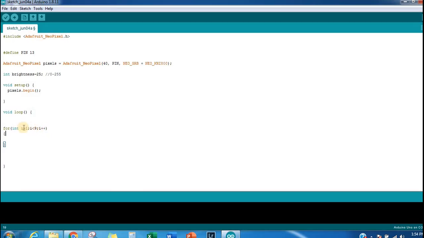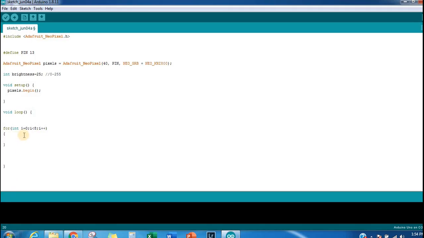So if i starts from 1, after the first iteration i will become 2. 1 plus 1 equals 2. In the third iteration i will become 3. Likewise, it will increase by 1 each time the for loop goes until it becomes 8. For this case we will put this as 0, and I will explain you later. If we put it as 0, we have to put 8 here, and then we'll write the code that relates to lighting the LED.